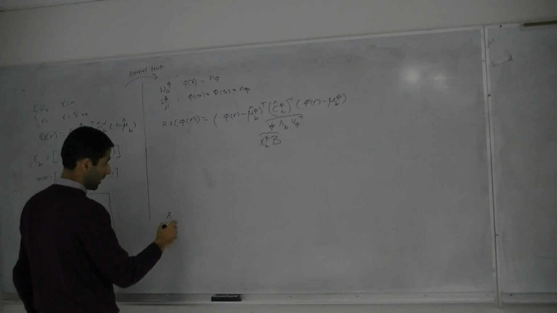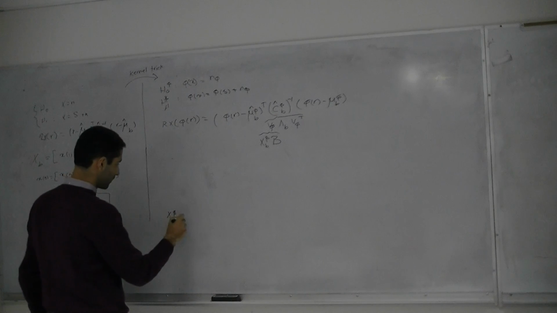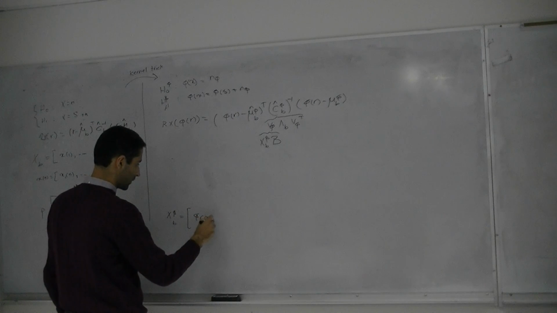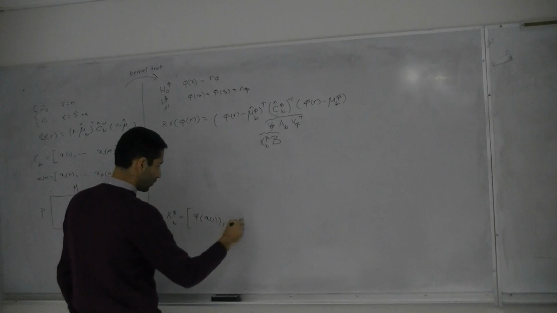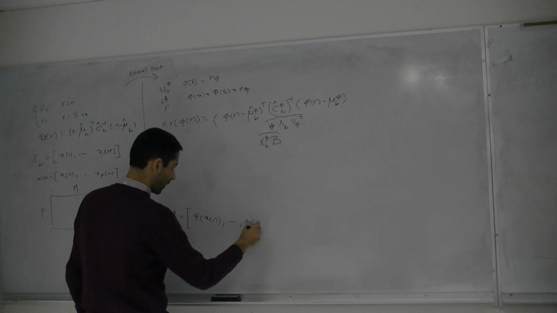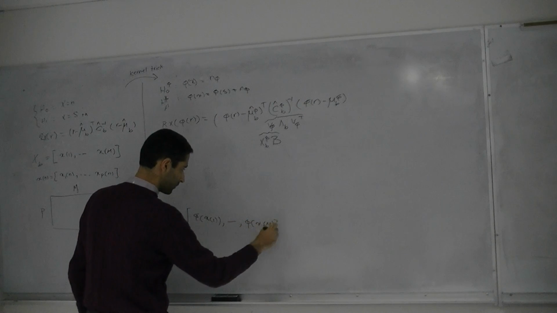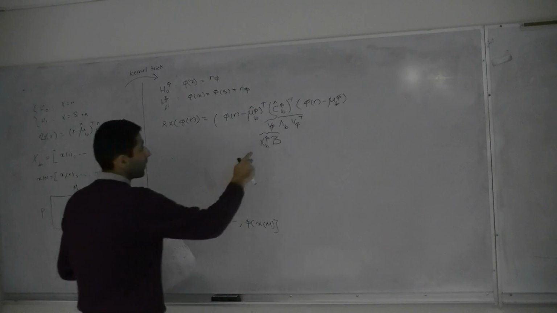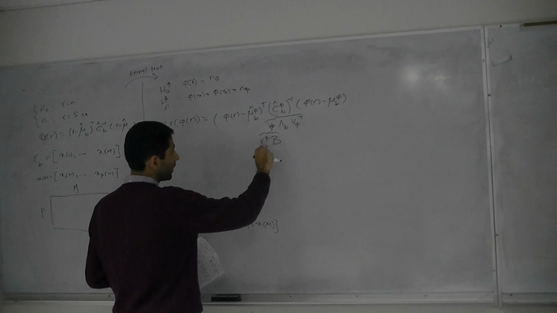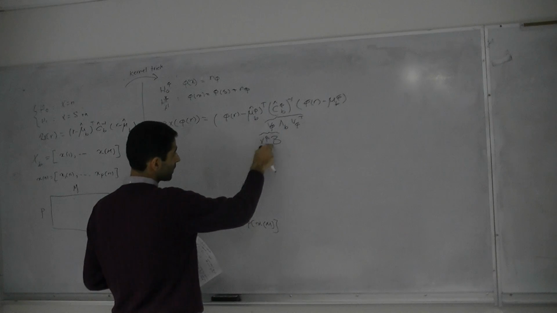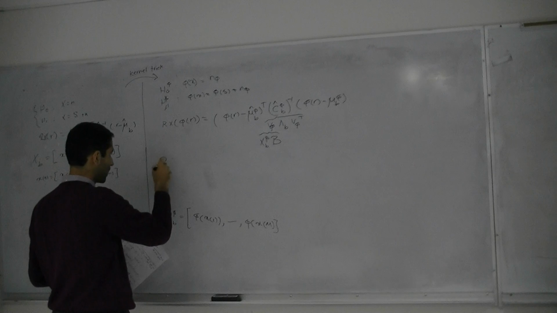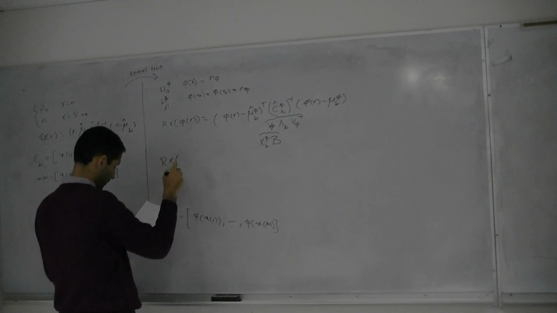Here x b phi is phi x1 to phi xm. Then if we exchange this value here and again here and do some multiplication, we reach to